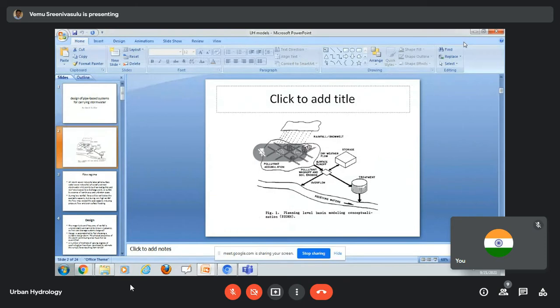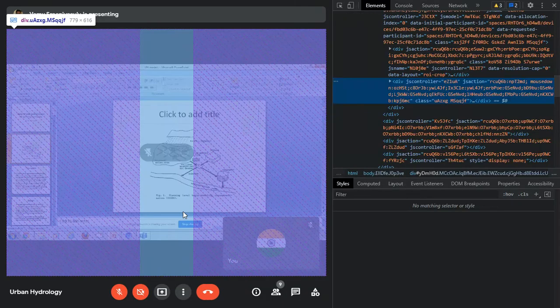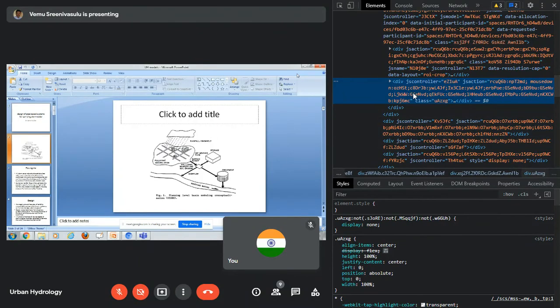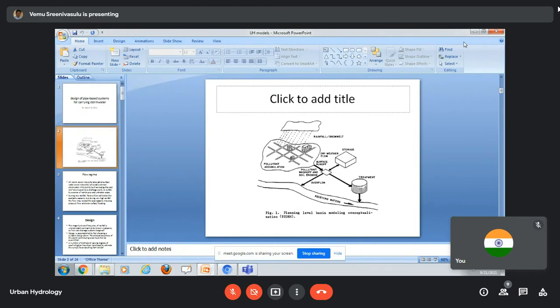Let us have a broad understanding first. Designing these things is different, but you should have an overall picture in your mind. So this is the overall picture. Let us say this is the urban area for which you are designing the drainage network, the storm drainage network. It will be like this, and we have rainfall.